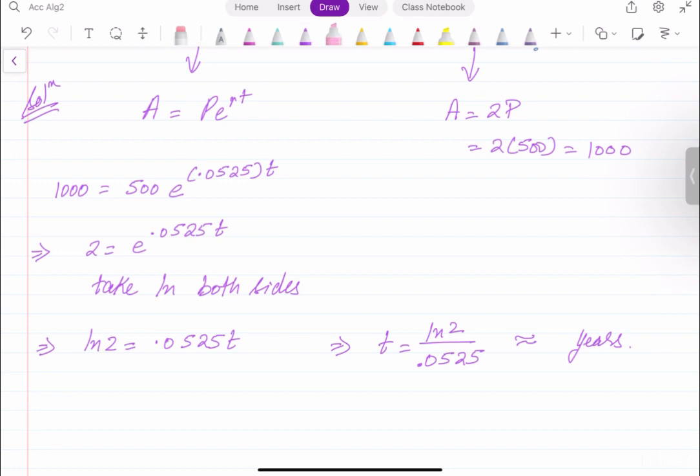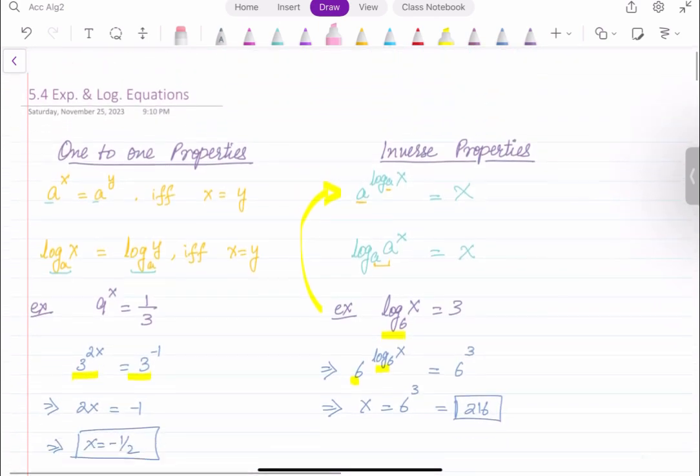So these are the few examples that you can see for this topic. Keep on practicing these questions again and again, and you can pause the video and refer back to the properties again,